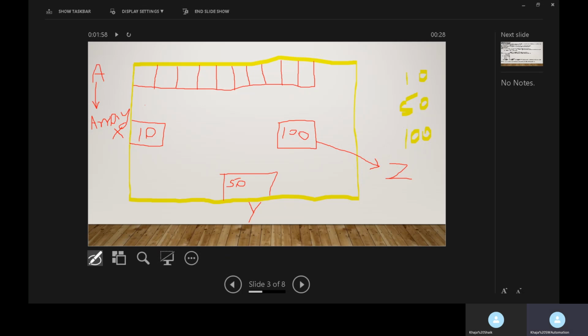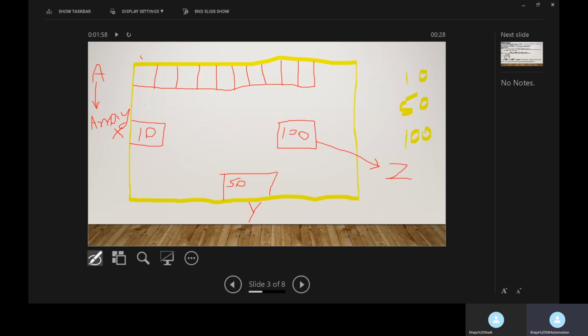So by using arrays, in this array, by using this array name, each memory location can be identified by using an index number.